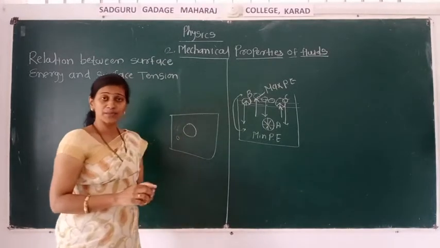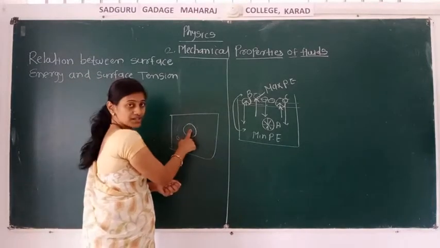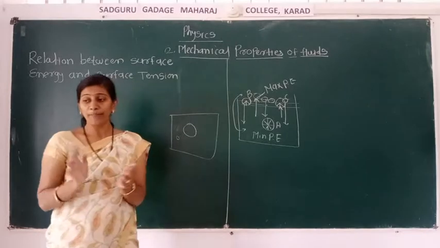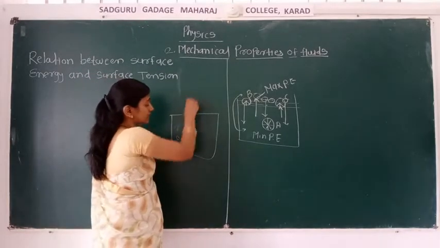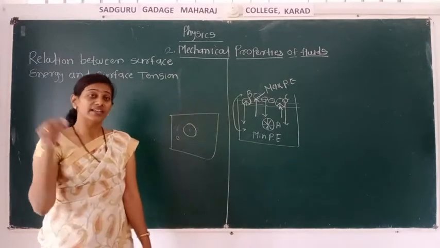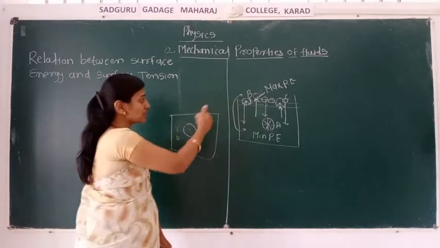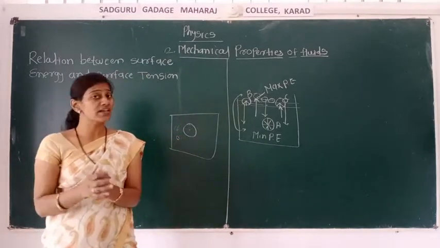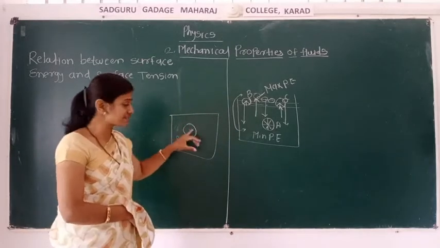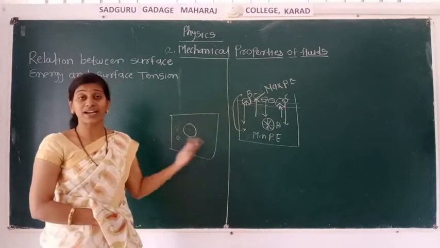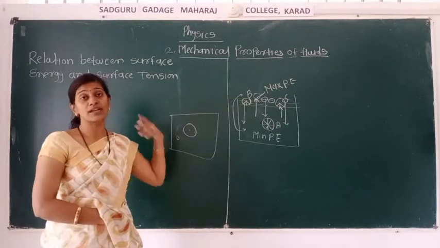So in this case, what happened? The surface area is minimized, and there is a reduction of energy. The reduction of that energy is in the surrounding. That means the extra energy is used. In the earlier case, we said extra energy is used to increase the surface area. Here also, the surface area decreases and energy is released. We can't say reduction here. The energy is released from that big drop into the surrounding.